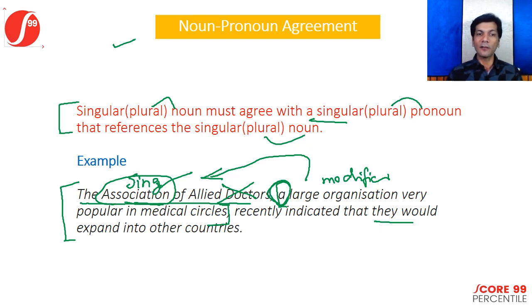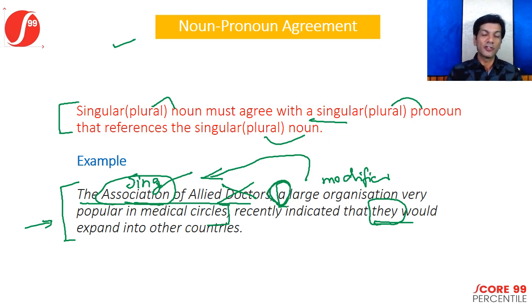Now, when we read the entire sentence as a whole, it didn't really seem like there was any error in the sentence as such. But when you remove the modifier, identify what the subject is, and you understand that there is a reference of "they" here, which is a pronoun. So the "they" is actually referring to doctors, when in fact the pronoun should be referring to this subject or